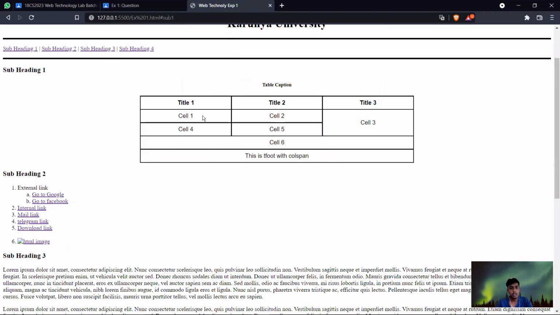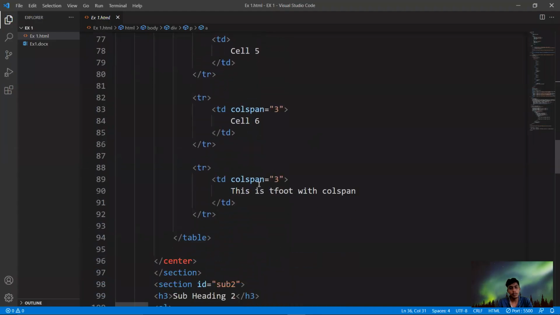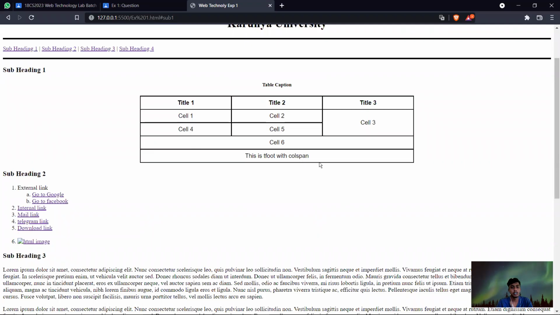So here there are three columns, title 1, title 2, and title 3. I am giving cell, that is cell 6, that it is column span 3. So it will be merged 1, 2, 3. So it will merge three columns. And in the footer part also we are giving column span as 3, and this is the footer with column span. So this is the thing.